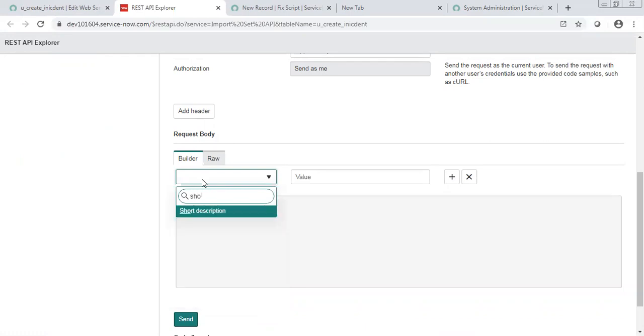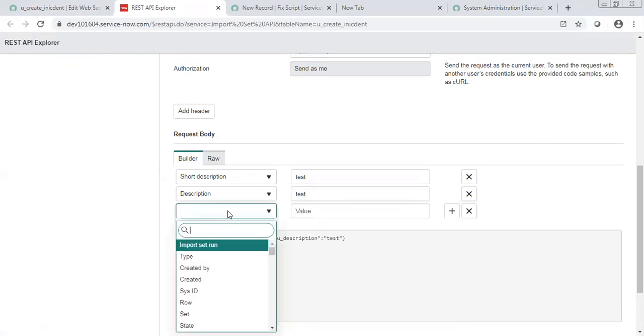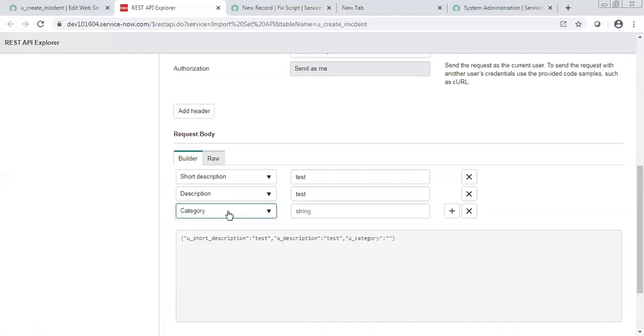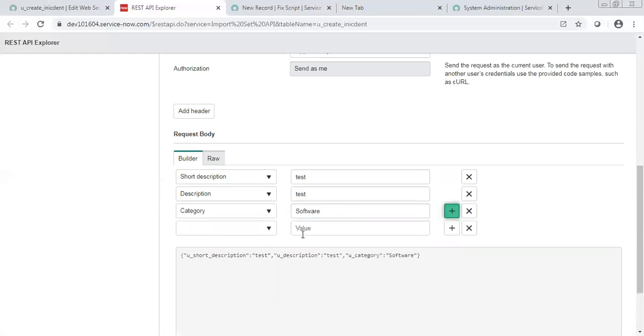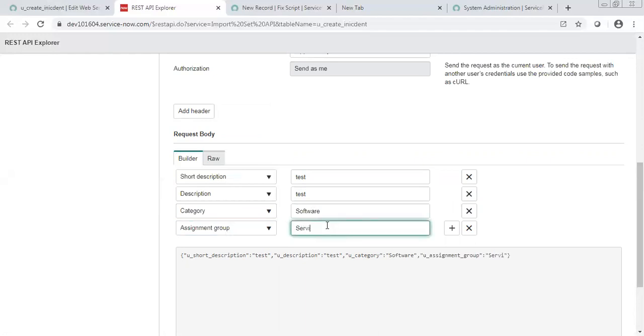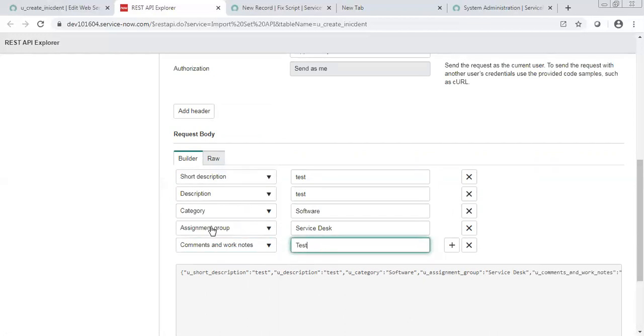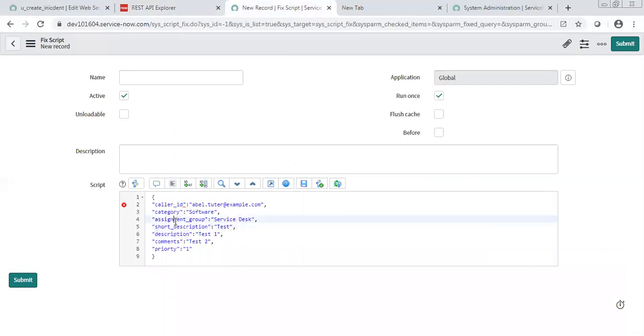Body. So if I say short description, test, description, category, caller ID.